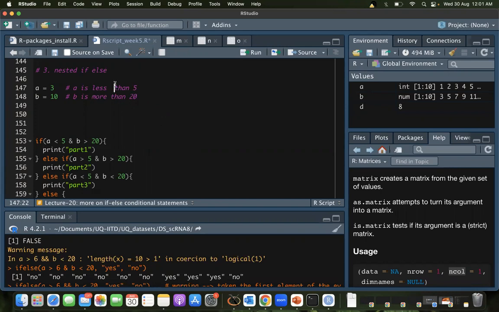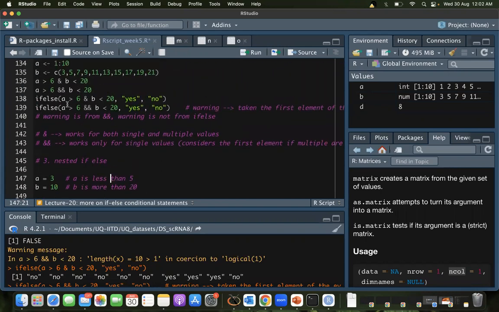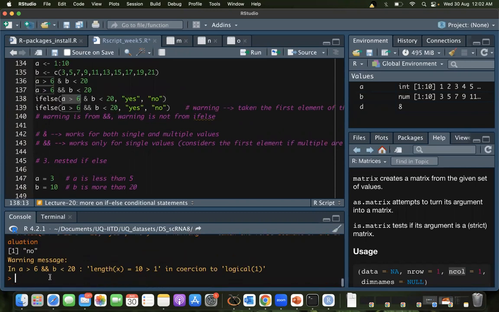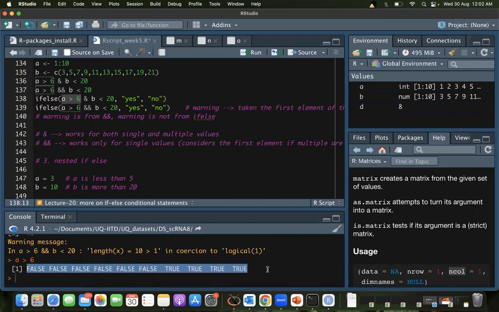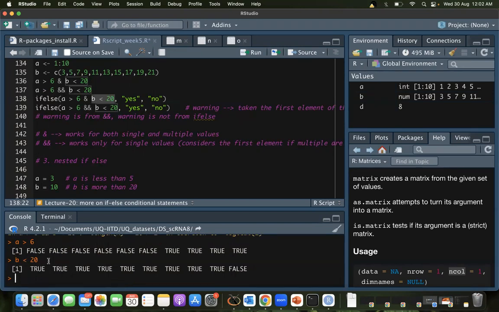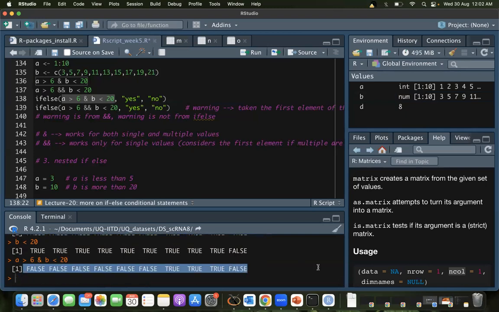Multiple values means multiple trues and falses, and it evaluates trues and falses, right? So this one, for example, these are multiple values. B also here is multiple values. So if I'm doing an AND on this, I'm basically saying false and true, that's the first element. False and true, that's the second element. Likewise, true and true, that's the 7th element. Likewise, true and false, that's the 10th element. So if I run this, I am getting 10 elements in this.